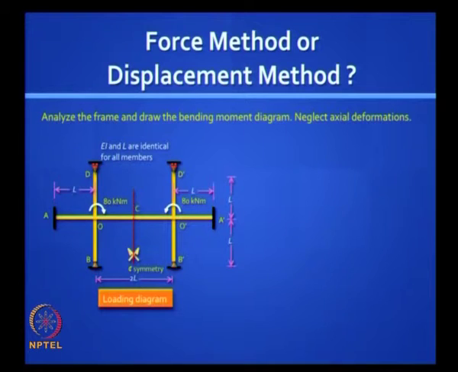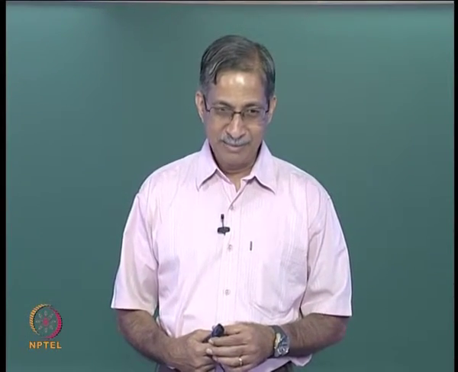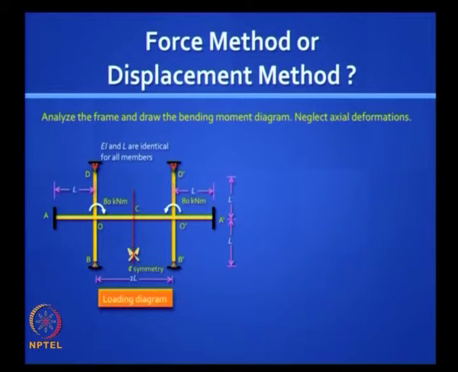So how do you decide which method to go in for, displacement method or force method? Less work. So if the degree of indeterminacy is less, you will choose that method. Take this example. I have got a fairly complicated frame, but there is some symmetry both in the frame and in the loading. Which method would you go? How long would it take you to solve this by the force method that you know?